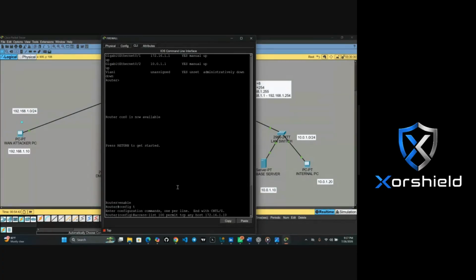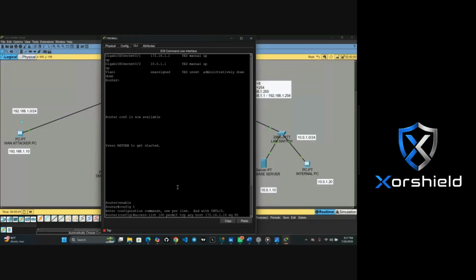The reason why I'm using the IP address of the web server is that we are allowing one to access the web server. Then you put eq, then the port we are allowing, 80.